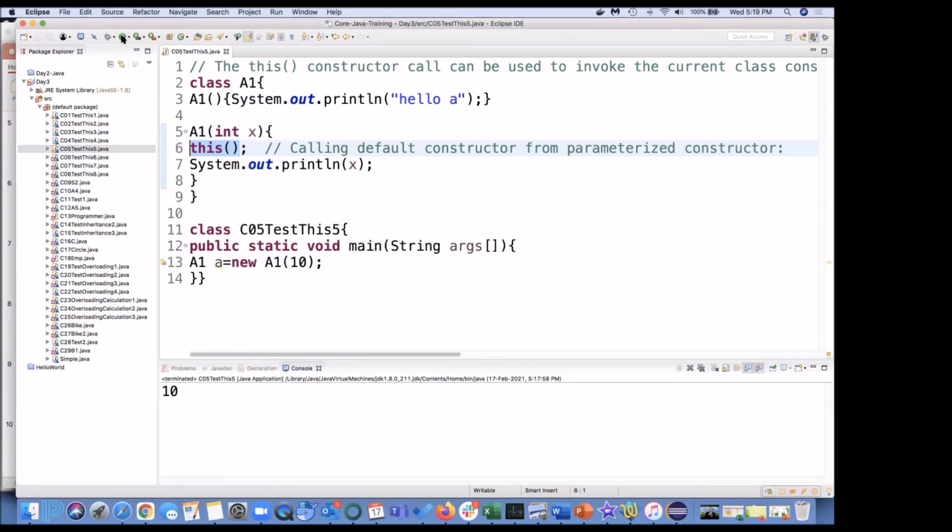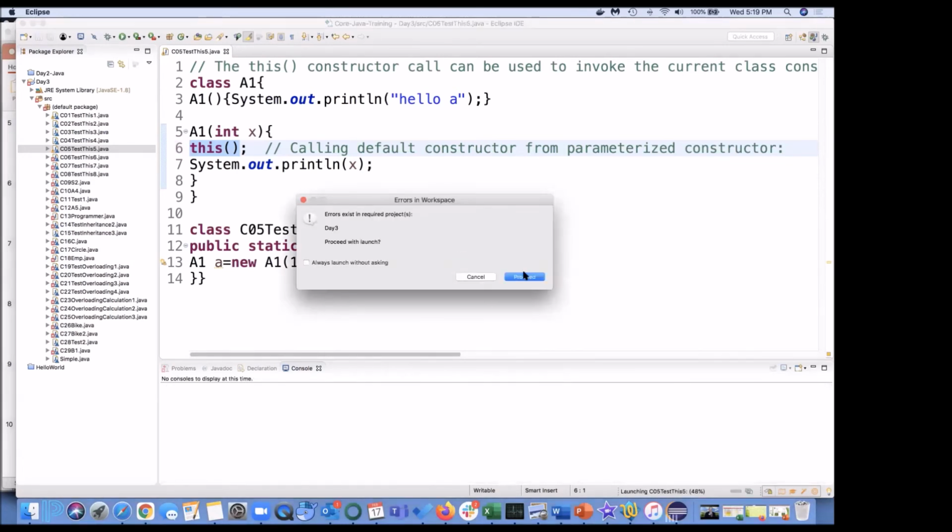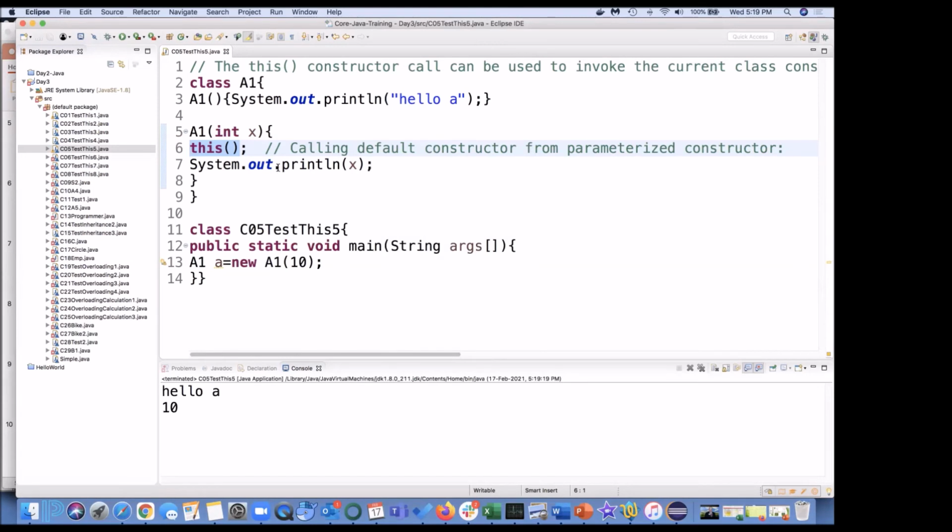If I am going to run this program, now the output will be: first it came here and it called this, which means the control goes to the default constructor, and Hello A got printed.